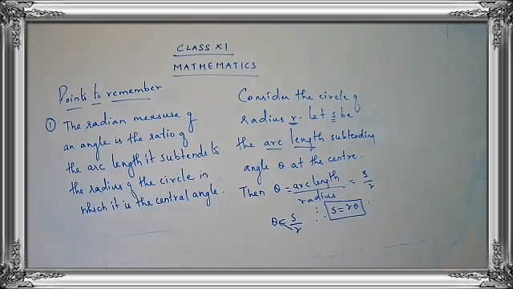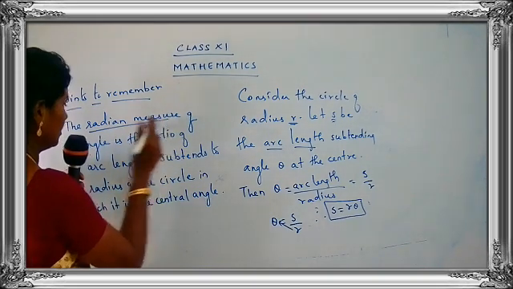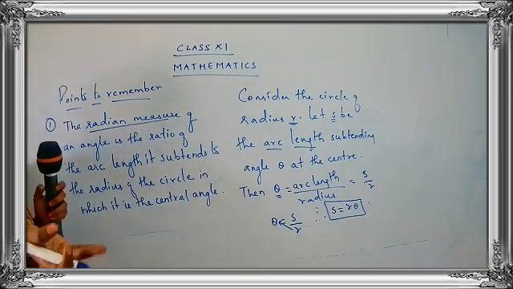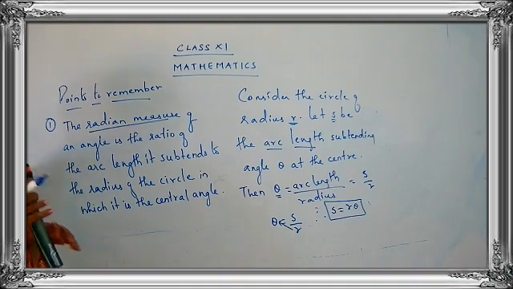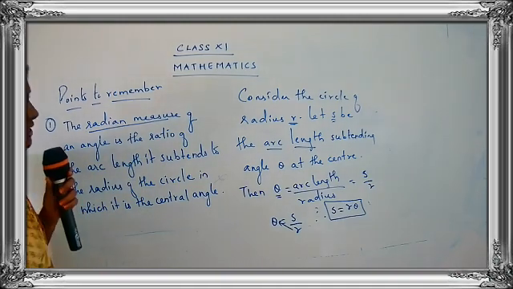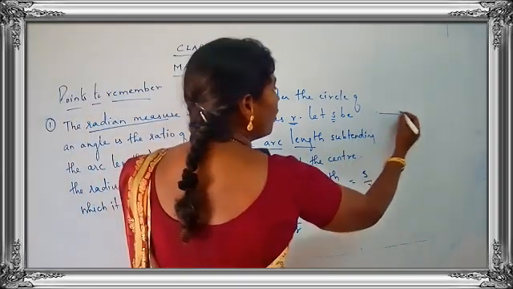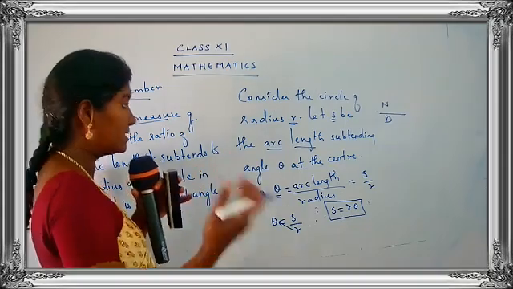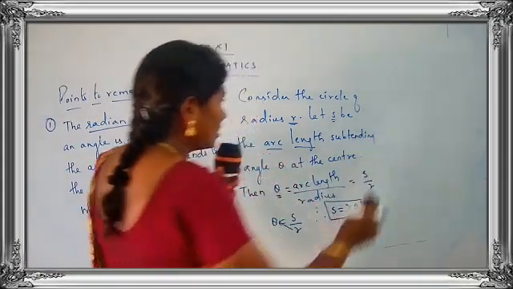Okay, let me explain to you the meaning of radian measure. What is the meaning of a radian measure? A radian measure is taken as theta. What is theta? It is a radian measure. And how are you going to define a radian measure? It is written as a ratio. Now what do you mean by ratio, children? Ratio means in the form of numerator upon denominator. We have already studied this in our lower classes. So, ratio of what?